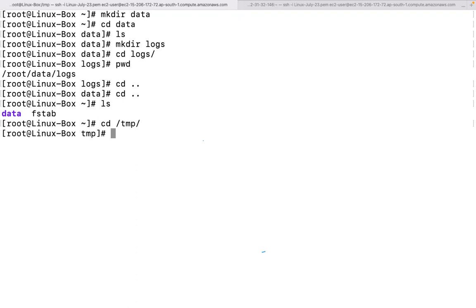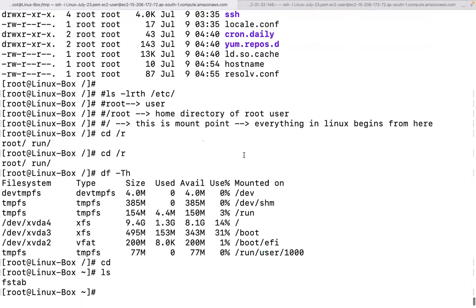Slash temp. Once again, we are back to the same situation. So slash is a kind of mount point which is required to be supplied in order to change your home directory. Okay, let's go back. So are we clear with this particular thing when I was trying to tell you the